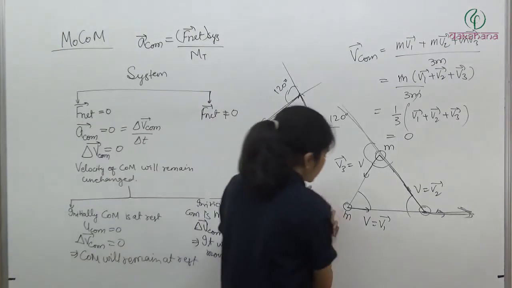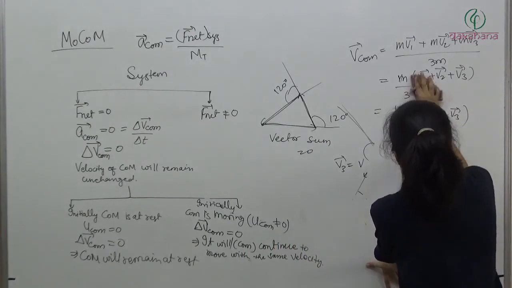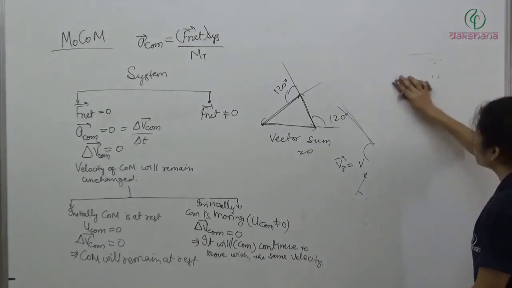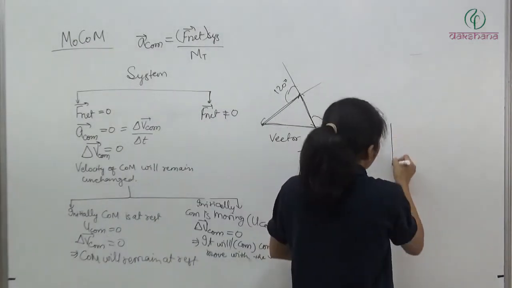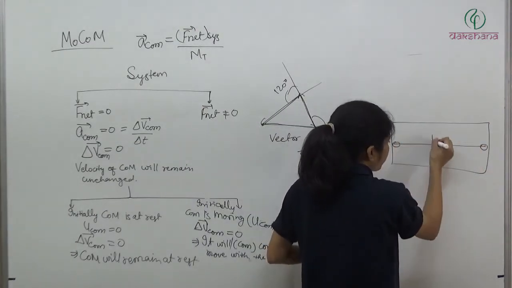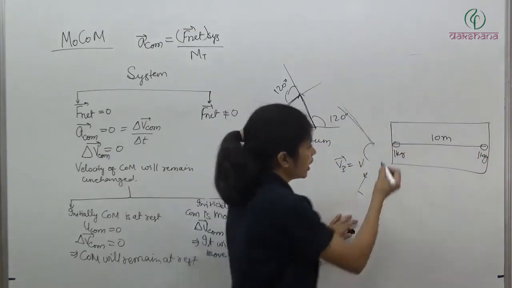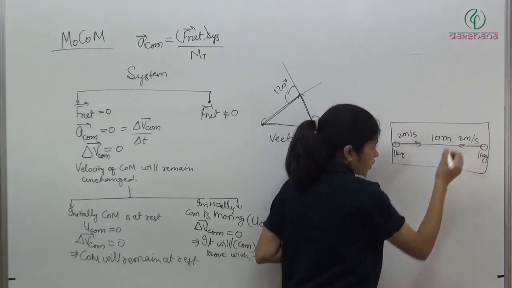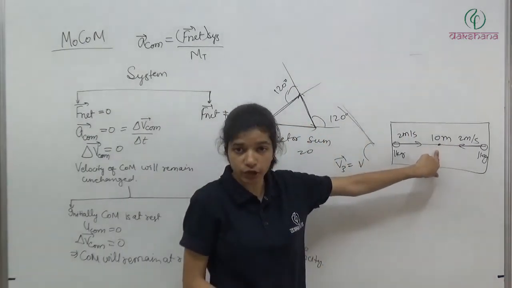I was just giving you the example that if we have n number of particles, it is possible that all the particles are moving but the center of mass might be at rest, not moving at all, or it is possible that the center of mass is moving with some constant velocity. How? Let's say we have a box in which we have those two particles which were at 10 meter distance, and mass 1 kg we had taken. It is moving in this direction with v, or 2 meter per second, let's say. Now we have the center of mass here and it will remain at this point because the velocity of center of mass is coming 0.